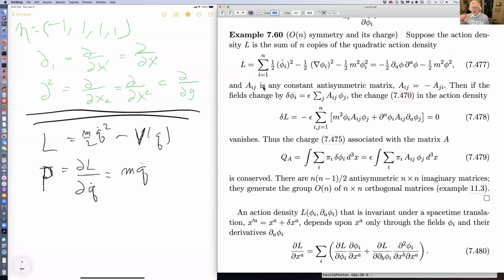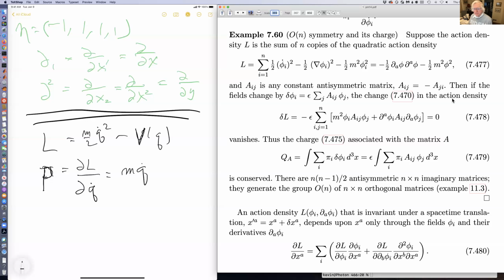Suppose the action density is something, and A_ij is some constant antisymmetric matrix. Then if the fields change like this, an arbitrary small rotation in n dimensions, the change in the action density is in fact zero,